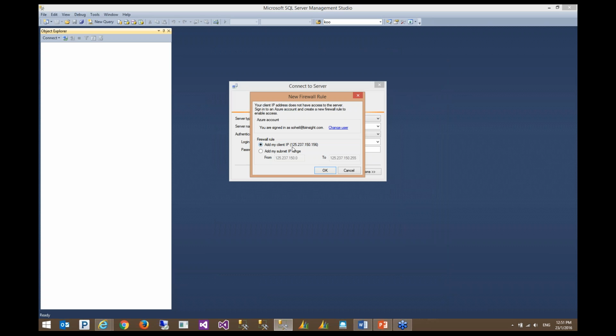And here you go. I can add my own IP address, or I can add a range of subnets and IP ranges. So I'm going to stick with my own IP address, and I'm doing it from here.